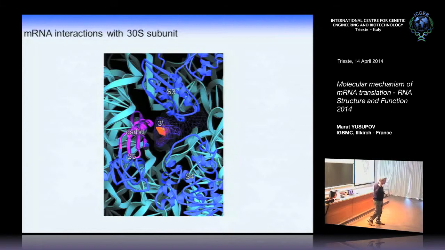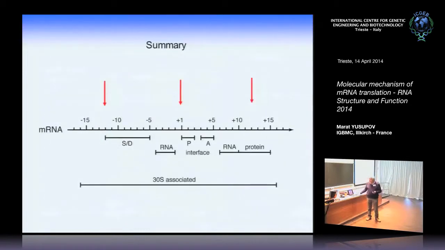we thought that these proteins have to play a significant role in unwinding the structure of messenger RNA, because as you can see, the message inside of the ribosome is linear, but the messenger RNA in solution is a structural material. It has secondary structure and very often has pseudoknots, which are quite difficult to unwind. And just to finalize that, we finally were able to mark the position from minus 12 nucleotides to